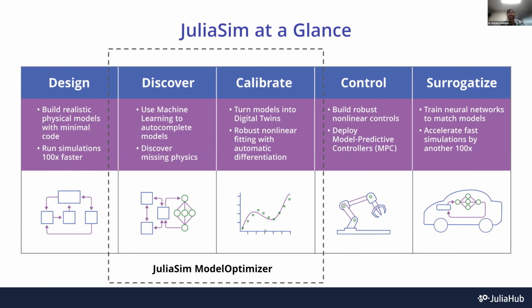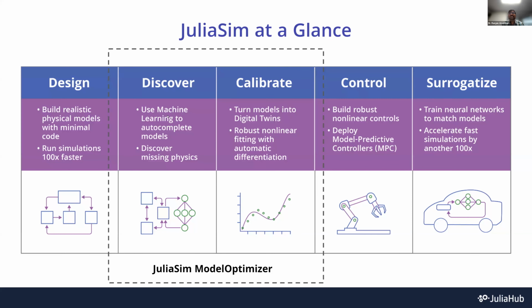But today, what we're going to do is presume the existence of a model and an experimental data set that you want to calibrate your model to. Given this data set and the model, you can do two things. You can calibrate this model to the data, which is essentially a parameter estimation process,